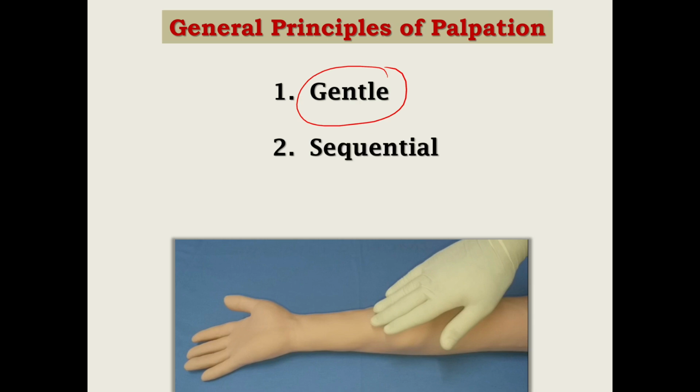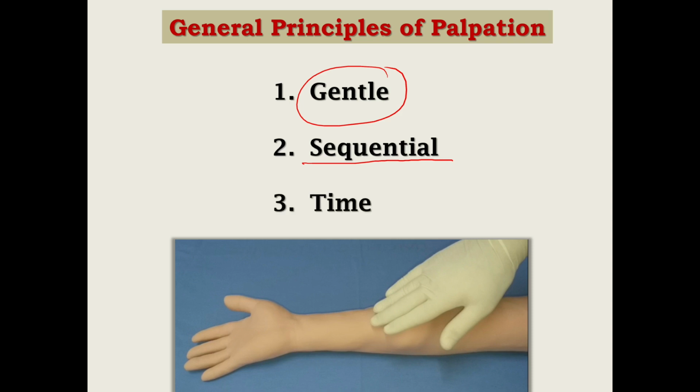The second important principle is that you have to be sequential. We saw different features in inspection, but in palpation also there are several features like temperature, tenderness, and you have to perform some tests like the fluctuation test and transillumination test. One major difference is that here you cannot do these things in a random way. There is a proper sequence, and to perform a methodical examination, you should do all these tests or assessments in that sequence only.